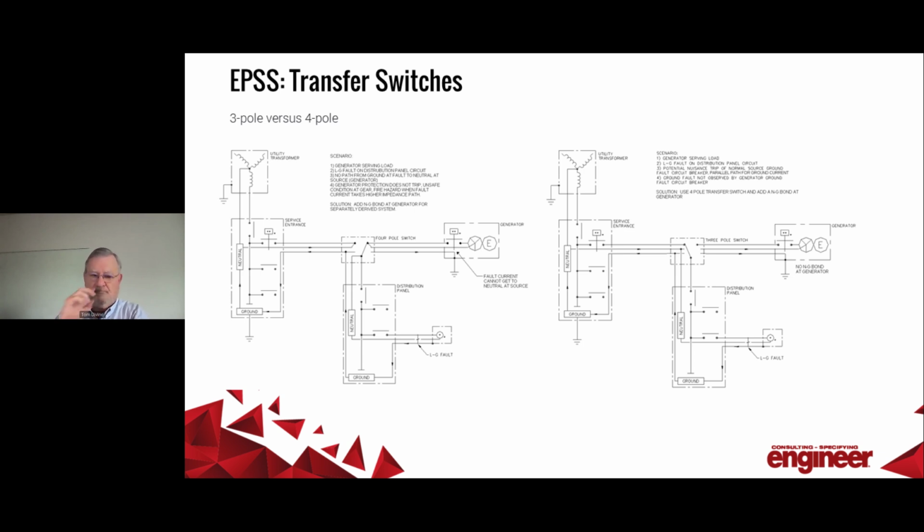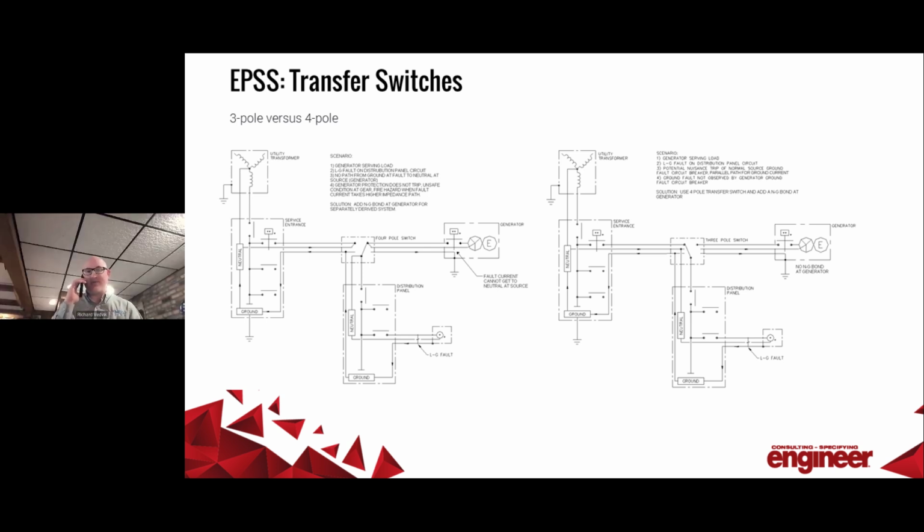Excellent, Tom. So one of the questions that we commonly get is associated with the 3-pole versus 4-pole options that we have with transfer switches. Now, the answer is which one we choose depends on whether we have a separately derived system on the generator or not. If we are separately derived, then we have to maintain two separate neutral ground bonds, and we can't bond the neutral in the transfer switch. Suffice it to say, 4-pole switches.